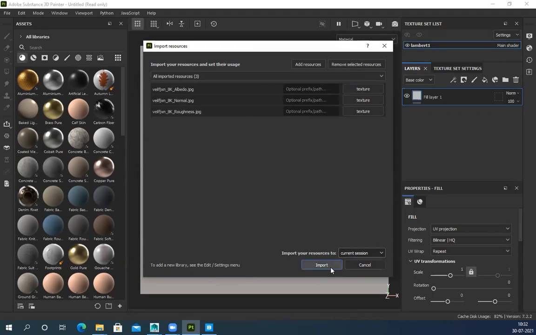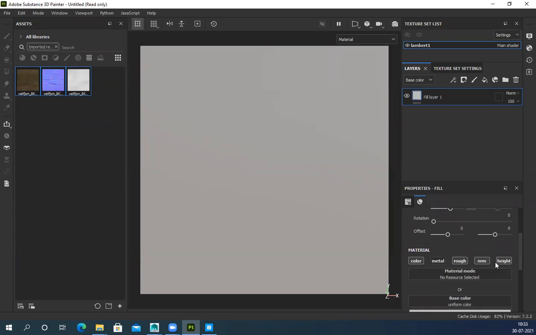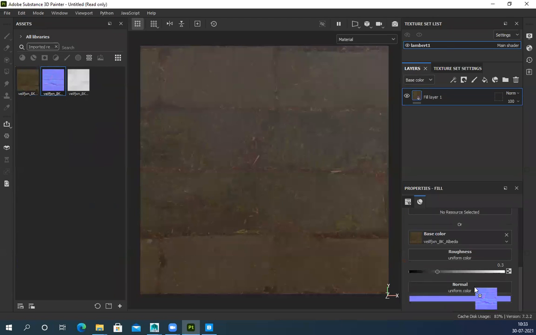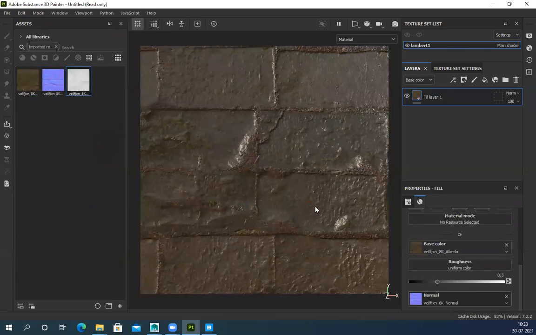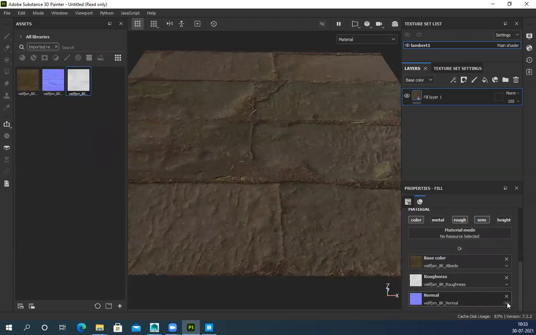Texture, import texture. Base color, normal, roughness. And this normal, I can see it's slightly flipped. So just make sure, change it to OpenGL.